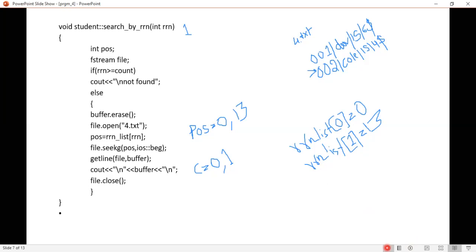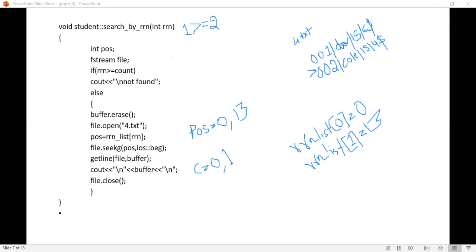Okay, now what you have to check? You have to check if RRN is greater than or equal to count. That is, you are checking if 1, this RRN whatever you have entered, is greater than or equal to count. So count is 2, that is you have entered 2 data, right? Is it greater than or equal to? No. If it is, then you have to print not found.